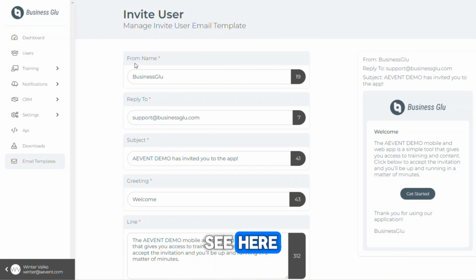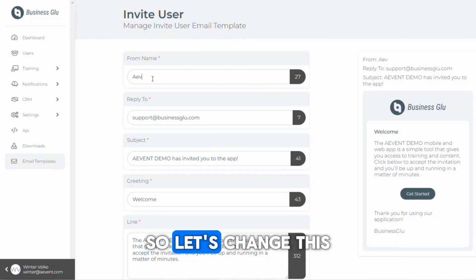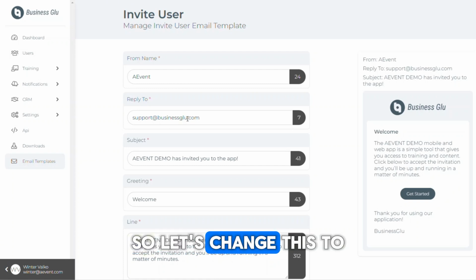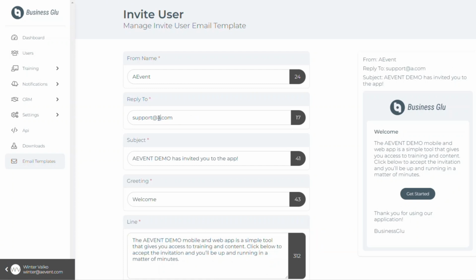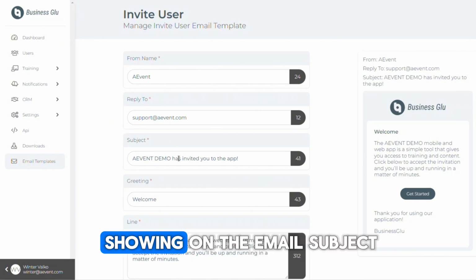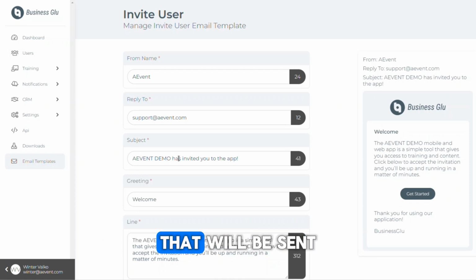So as you can see here, you can actually edit the from name. So let's change this to a event. And then reply to, you can set the email address people can respond to. So let's change this to support@aevent.com. And then the subject, this will actually be showing on the email subject that will be sent to your